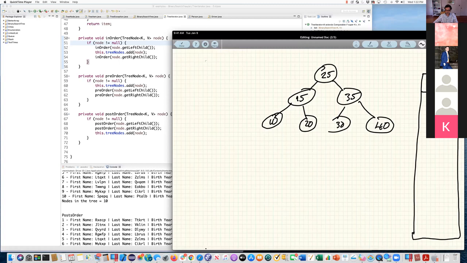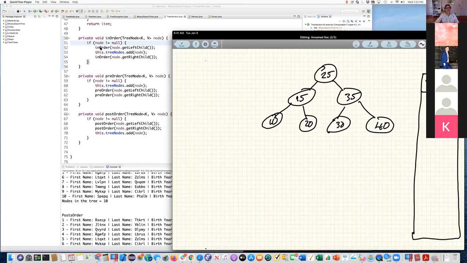So now this is the tree. I'm going to start out by calling the in order traversal with the root. You always start with the root node, so the node in this case for the first call is 25.